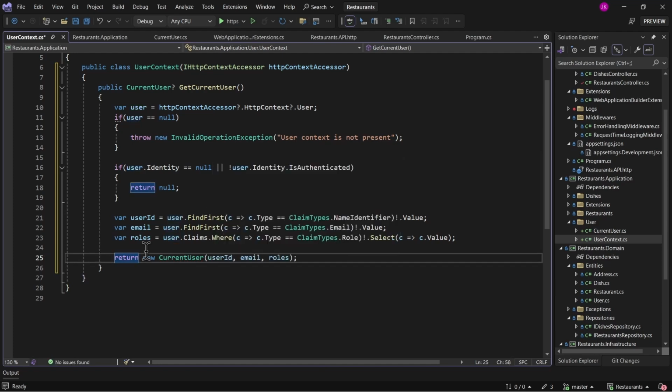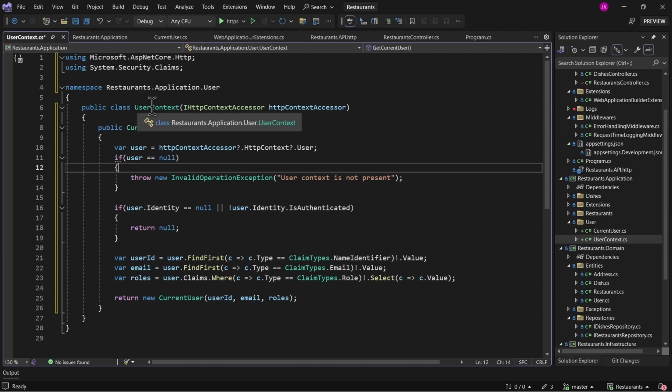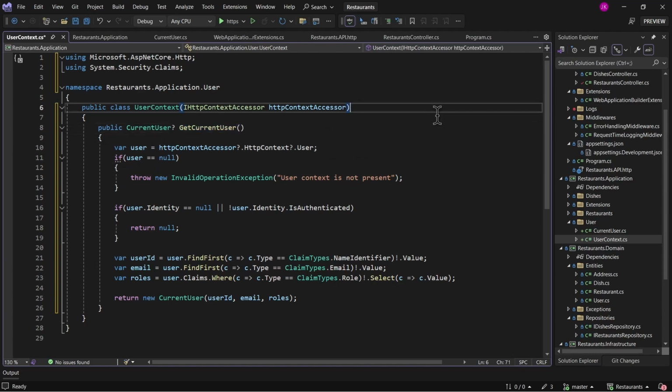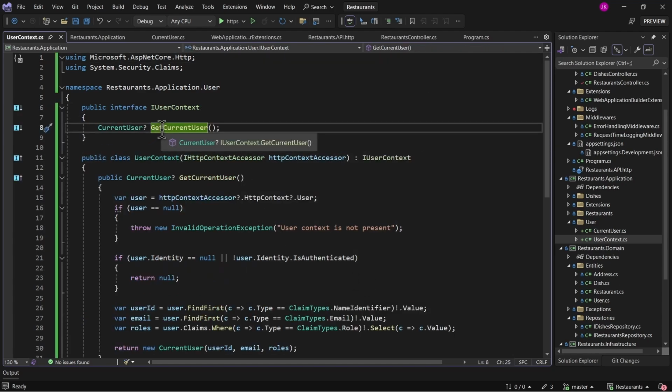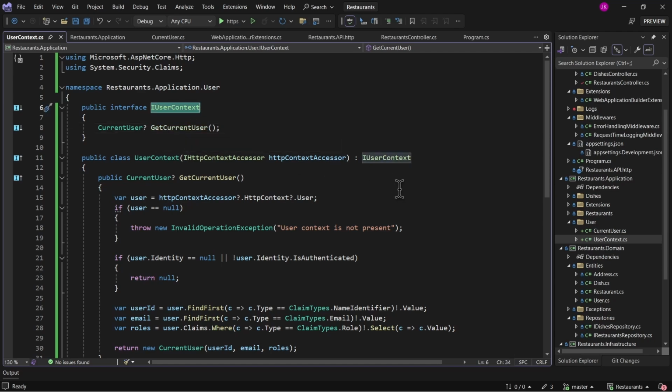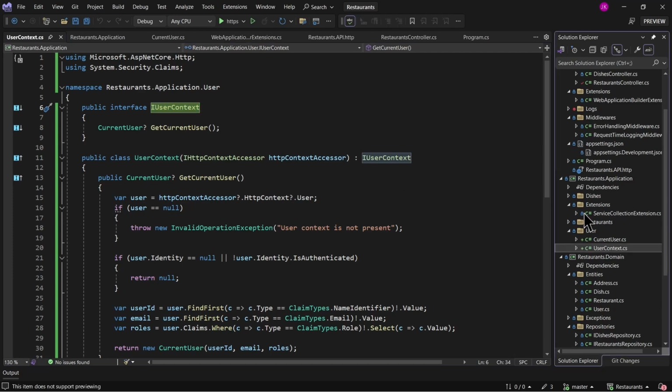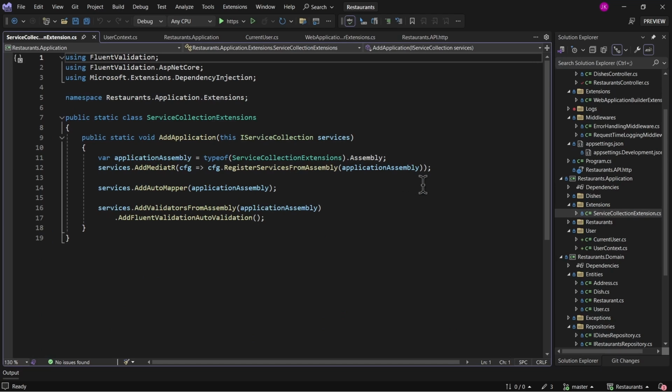Now, having this user context class, it would be good to have some kind of an abstraction of this getCurrentUser method. So to do that, I'll just create an interface for the user context class with only one method definition, which is going to be the getCurrentUser. And now we'll have to register this service in our dependency injection container so that in any handler in the application module, we'll be able to actually refer to the current user context and get the user ID or the user email. So let's go to the extensions of the application module, and here in the AddApplication method, I'm going to just invoke